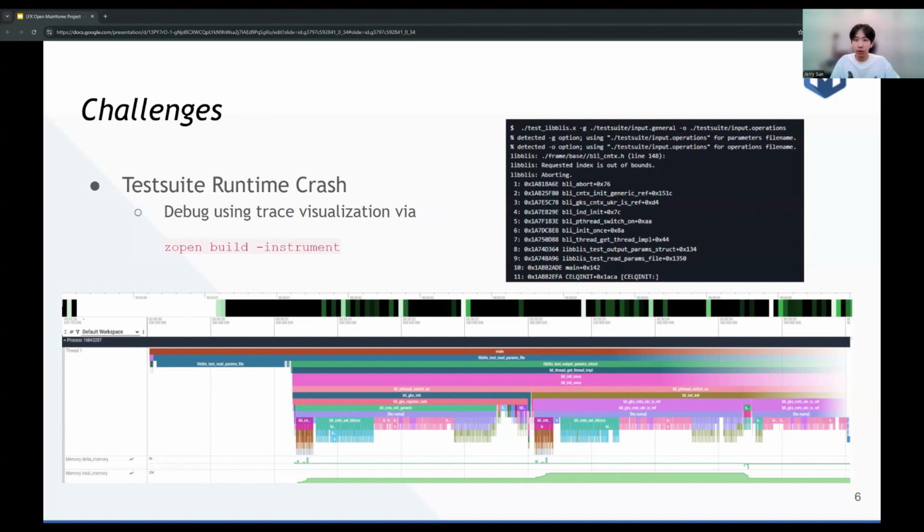The breakthrough came when my mentor introduced me to compiler tracing with Clang. Luckily, this feature is integrated into the open meta tools, so I could enable it with a single flag. This build produced a JSON trace file that captured function calls and memory allocations. With the trace data and some help from AI tools, I was able to quickly pinpoint the root cause of